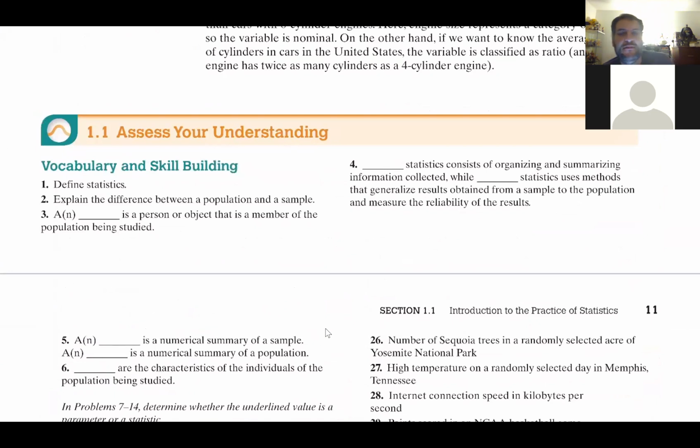Yeah, so that should be the homework where it says assess your understanding. Okay, cool. Since it has that and then it has the chapter 1 review, I wasn't sure. I think the chapter 1 review is pretty much at the end of all of the sections in chapter 1, and then they do a whole review of it. Okay, so for every chapter it's going to be assess your understanding, right? Correct. Okay, cool, thank you.